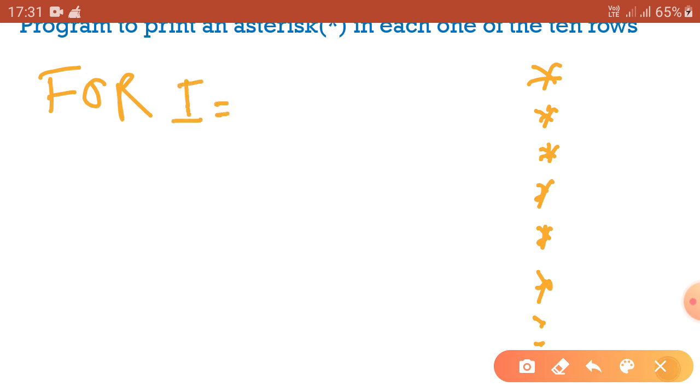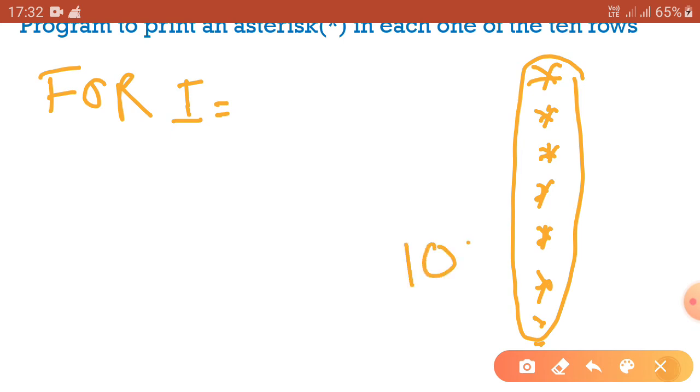Okay, so now look at the figure. Here the asterisk sign starts from the number 1. So the question is we have to print the asterisk in each one of the 10 rows. So how many rows are there? 10 rows. Okay, so the total number of rows is 10. So we have to start from 1 and we will have to go to 10.